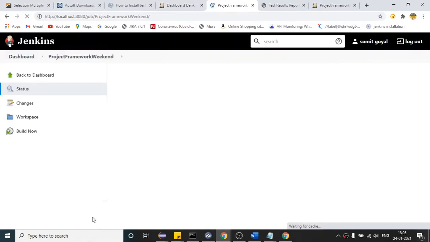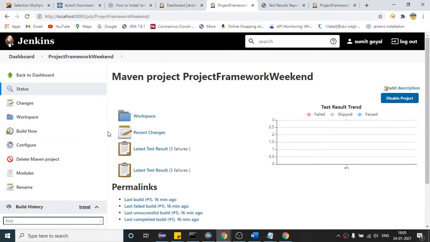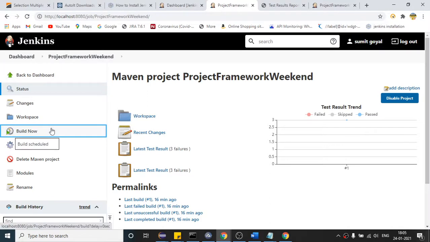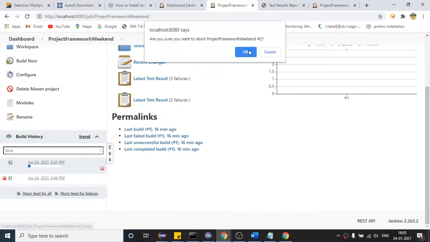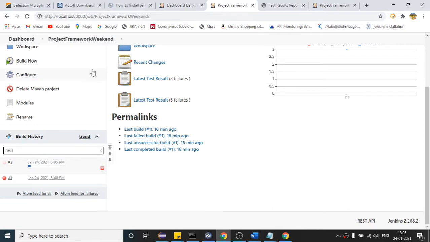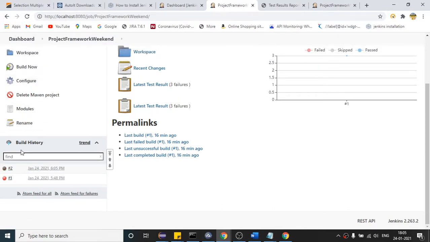Once you skip this and click build now again, let us do one more thing. Close this. We have to configure one more thing. You can see if you abort in between, it is shown as black; these are some colors they have defined.